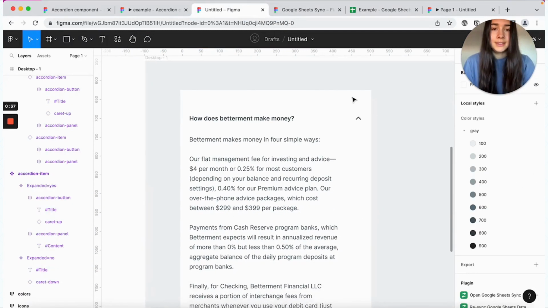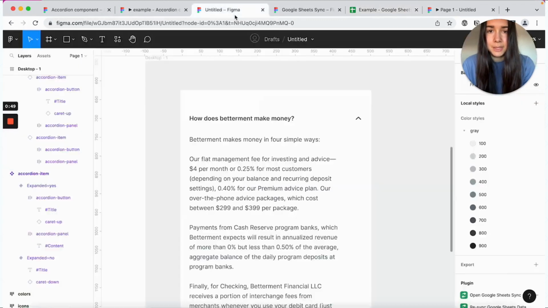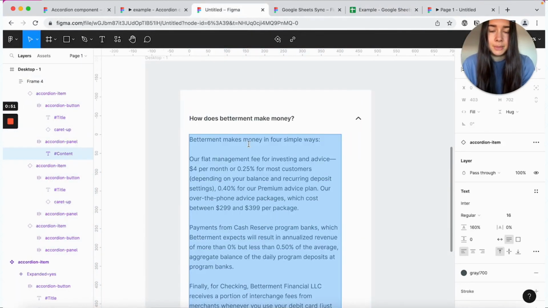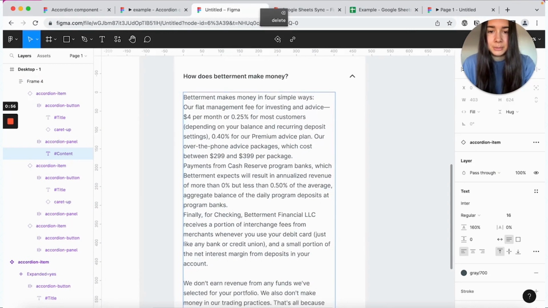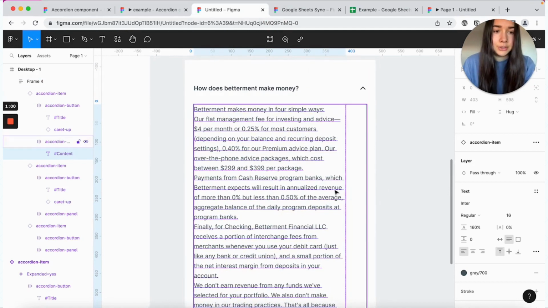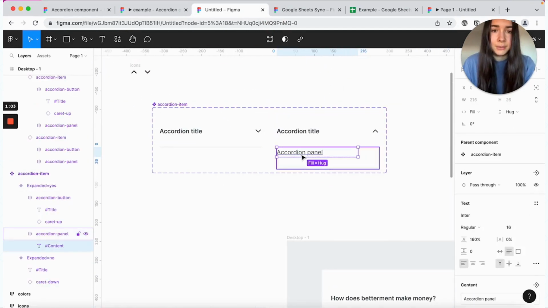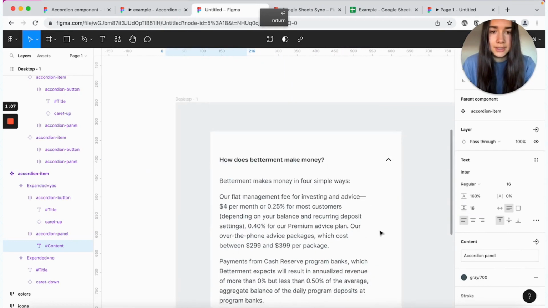And lastly, this is not really about the component, but more about how I formatted and imported the data from the Google Sheets. As you can see, I have some line breaks here and they're here as well, but that's obviously not how it's supposed to be. So I'm going to remove this and set the actual paragraph breaks. And again, we can do it from our component here. And maybe I'll just do 16.